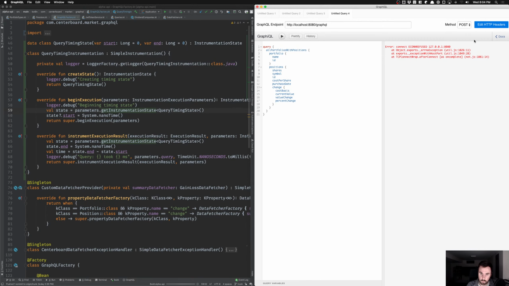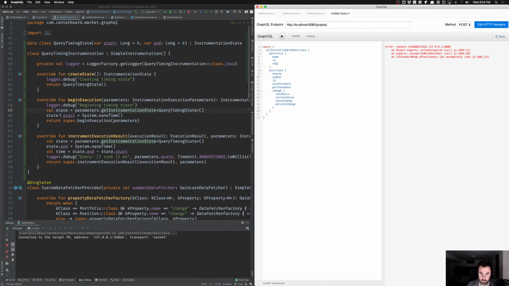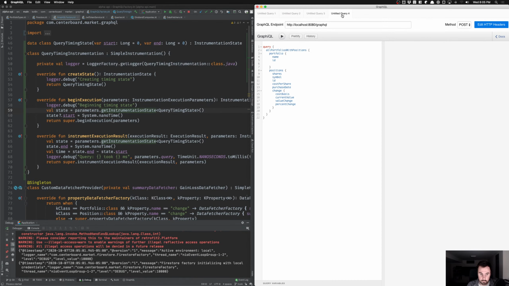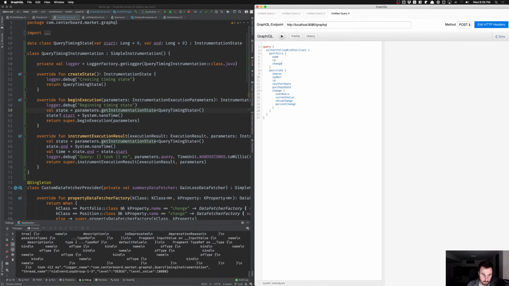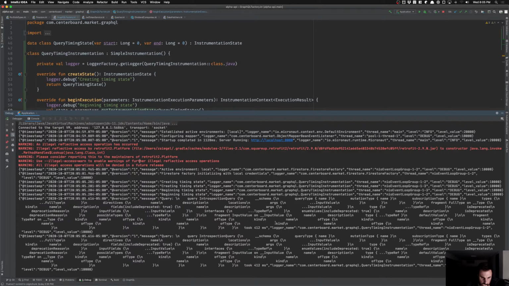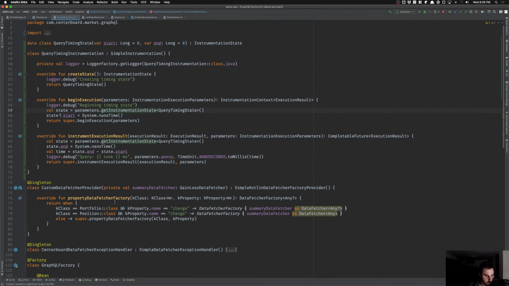And let's do it on a query that takes a lot of time, and that is certainly the portfolio with positions and all of the values and everything. Oh man, that query is gnarly. Okay, so